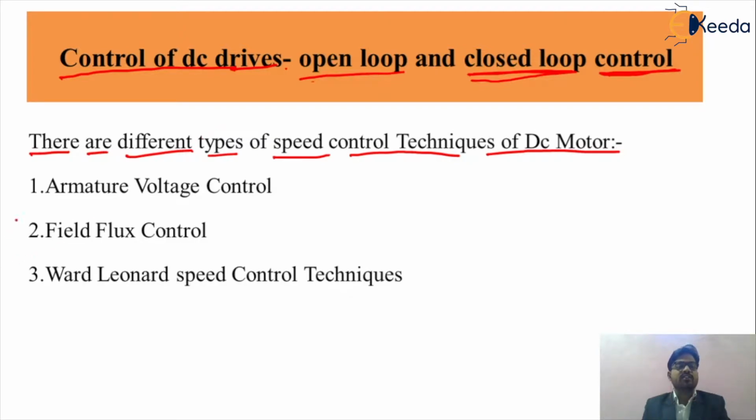The first speed control method is called the armature voltage control. What do you mean by the armature voltage control? In that particular speed control technique, we are controlling the speed of your motor below the rated speed. So such a technique is called armature voltage control. In it, we insert a resistance in your armature circuit, and by varying that armature resistance, we can control the speed of your motor. Sometimes this speed control method is called resistance control as well. This is the first speed control technique in concern with your DC motor.